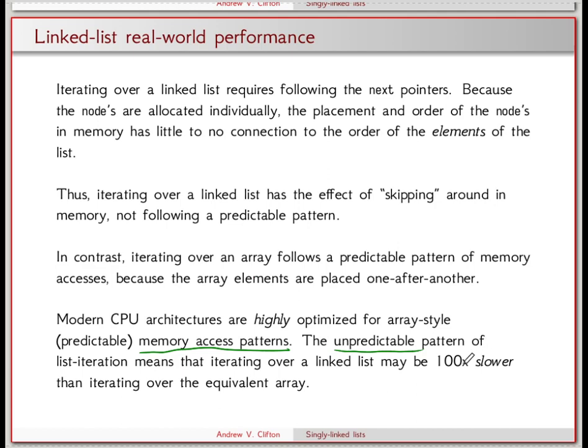So that means that even if you're using the right style of loop for a linked list, looping over a linked list might be like 100 times slower than looping over an array. It's still O of n, right? But it's like O of 100n versus just O of n with a smaller constant. Big O doesn't care about that, but in the real world, that constant that's hidden away inside of the big O can be big enough to affect your decisions unless your lists are, you know, millions of